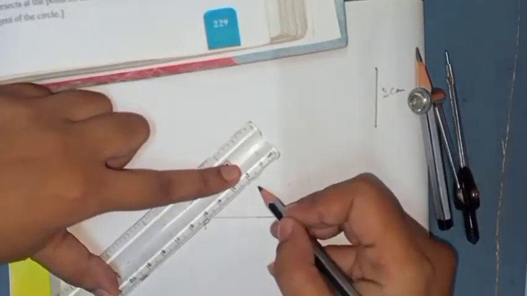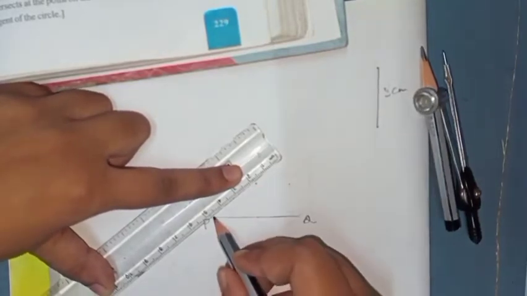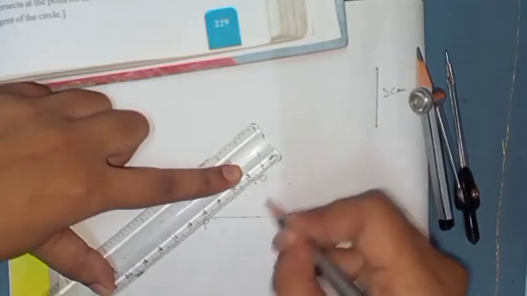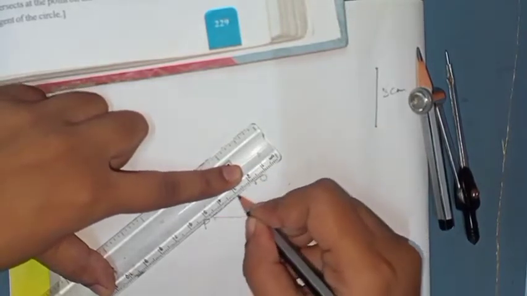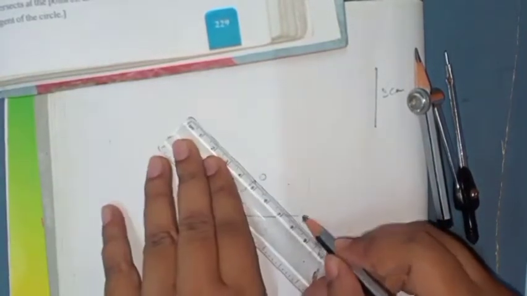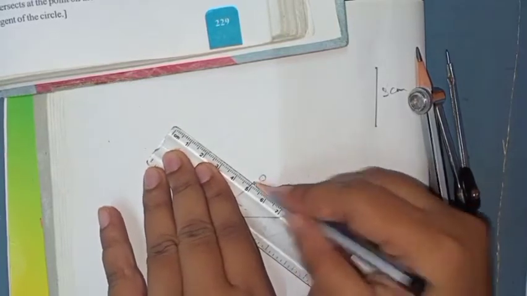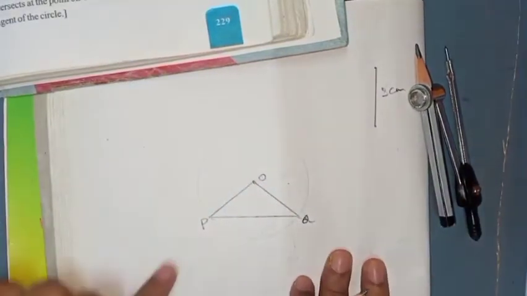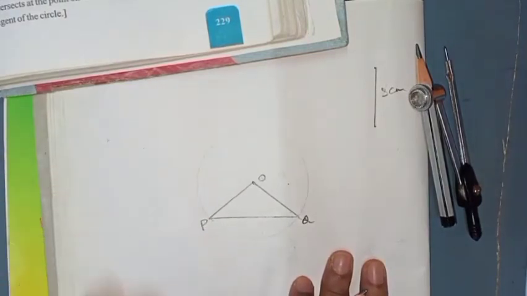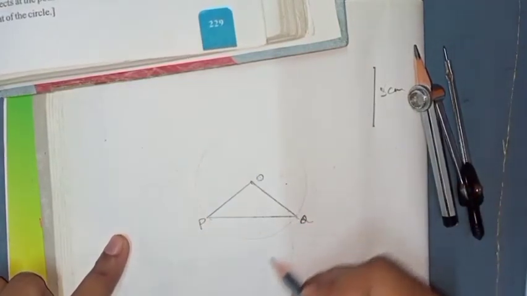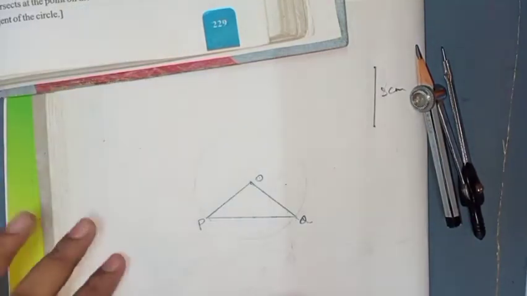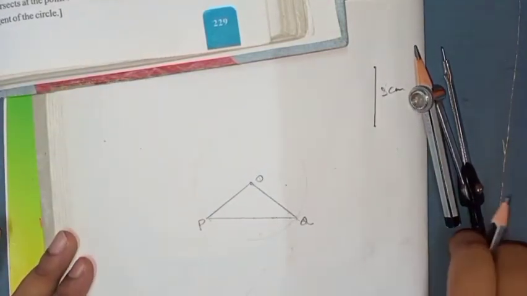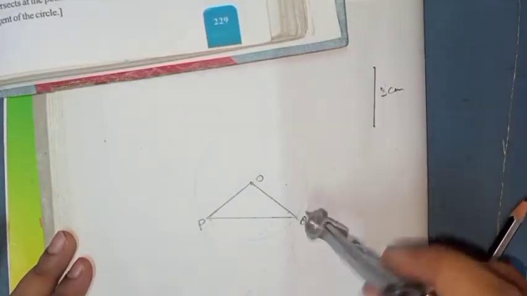Now after this what you will do, you will join this point P and point Q from the center O. I am writing center O, and I will join this point P from center O and point Q from center O. Now they are saying from Q point we have to draw one tangent, and from P point we have to draw one tangent. We have to draw two tangents, from point Q as well as from point P. Now how you will draw?